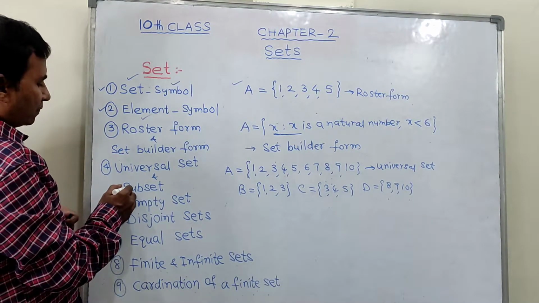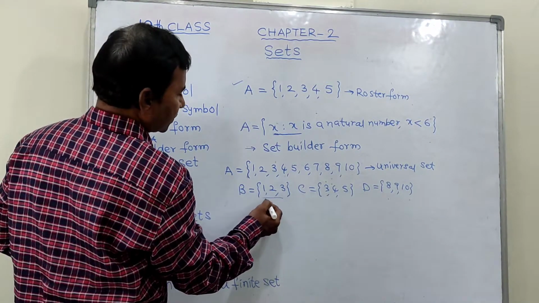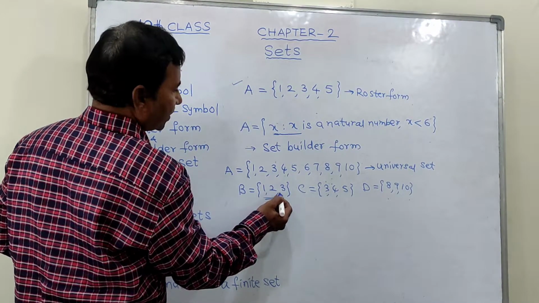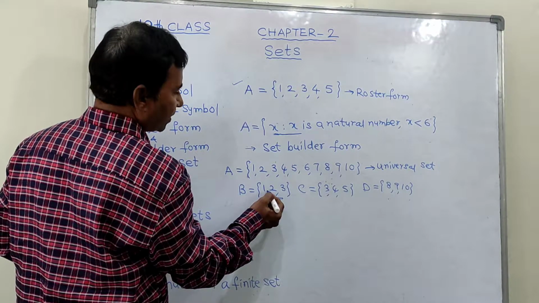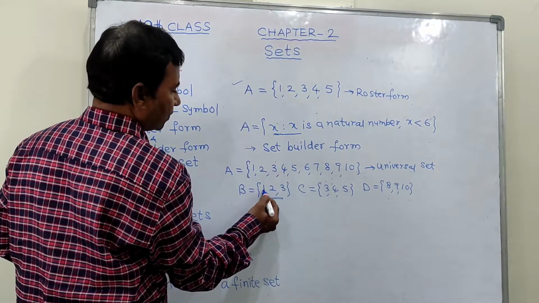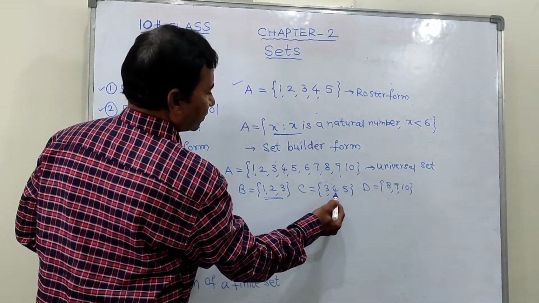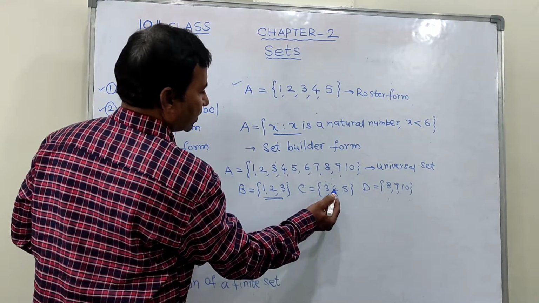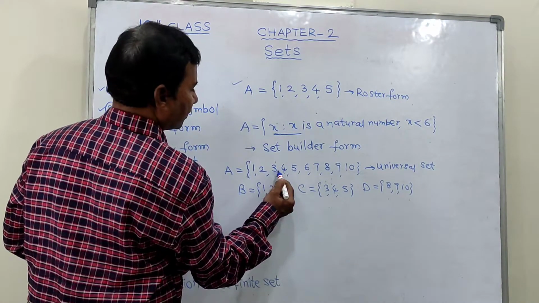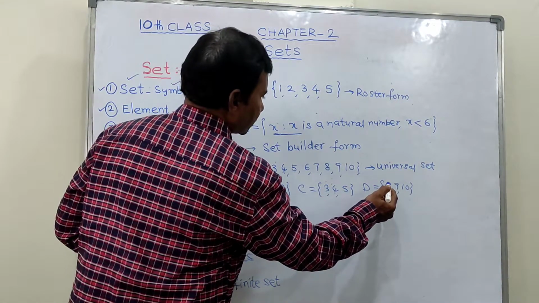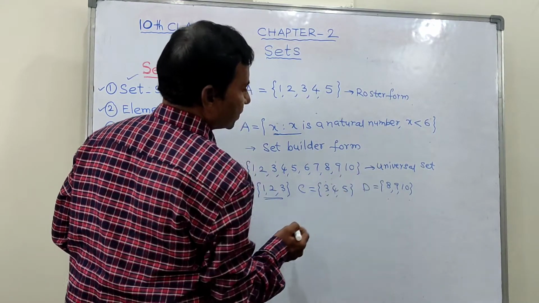And what is the meaning of subset? Subset means if you see every small set will be subset to the big set. Subset means every number will be there lying in the big set. You see 1 2 3 lying here, 3 4 5 for the small set. See these elements lie in the universal set compulsory, 3 4 5 here 3 4 5 is there. D is equals to 8 9 10 means 8 9 10 always will be there available in the universal set.